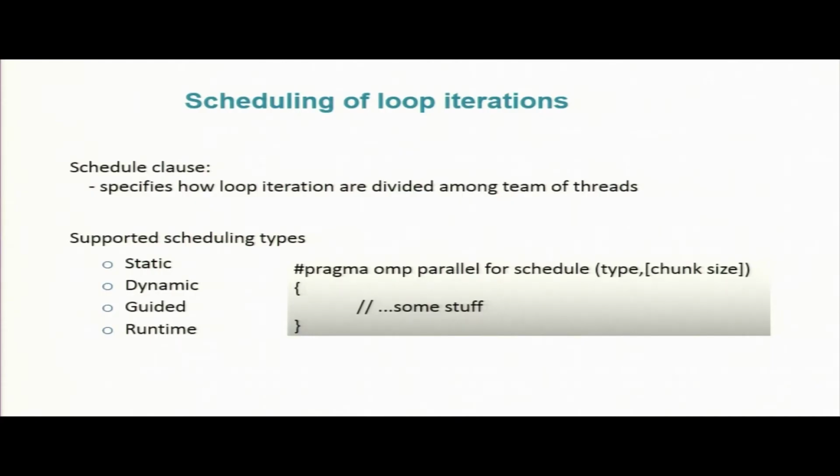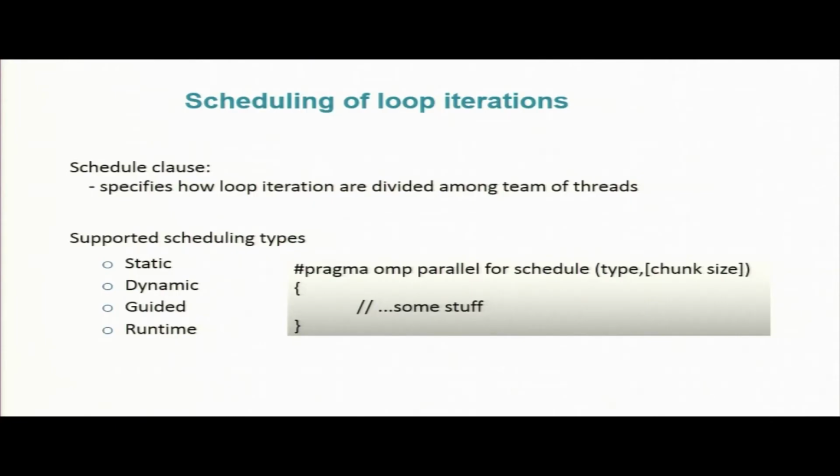That means even when we run it multiple times with the same number of threads and iterations, we'll see that the same ranks are picking the same iterations within the loop. Static is good where you have a load balanced computation, wherein your different loop iterations are taking almost a similar amount of time. But if you are dealing with sparse matrices or irregular computations, this strategy will not be good, because certain threads would be idle and certain would be oversubscribed. So there you can go for